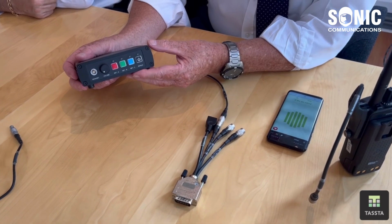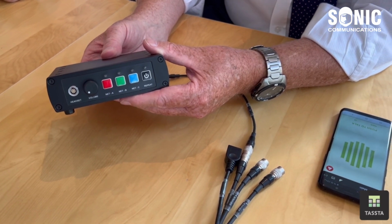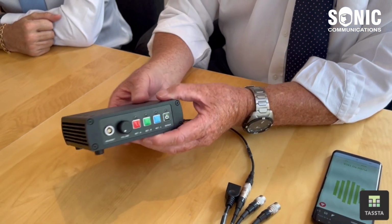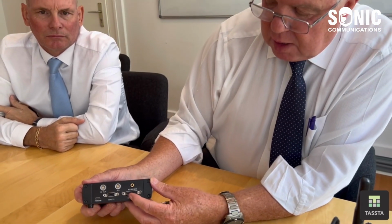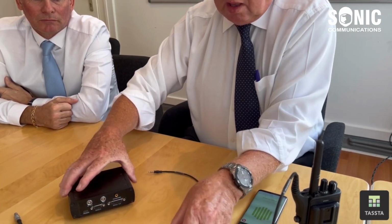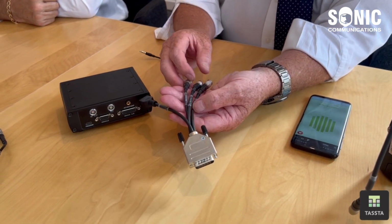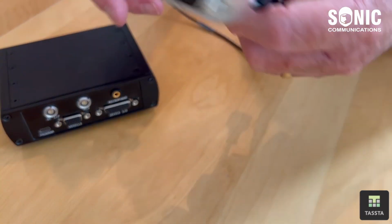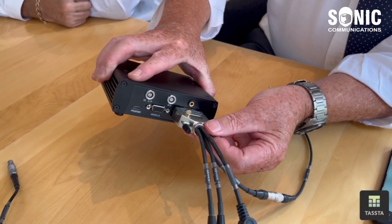Okay, the tactical audio gateway is the front panel here, which we will talk about a little later on when we go through the operation. But first of all, we want to cover how simple the S-Tag is to connect to external devices. So the majority of connections are carried out on the rear panel, and you can see here the high density connector is the device I/O connection. That is achieved using the hybrid cable, and as you can see we have three device connections: Net A, Net B and Net C. So to connect the unit, first of all we fit the high density connector onto the rear of the S-Tag,